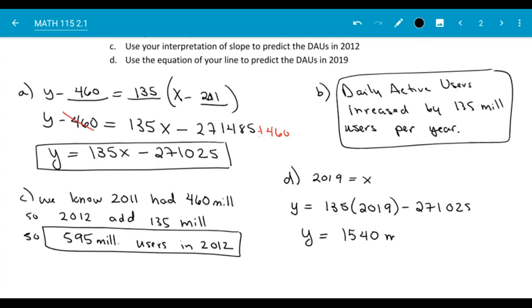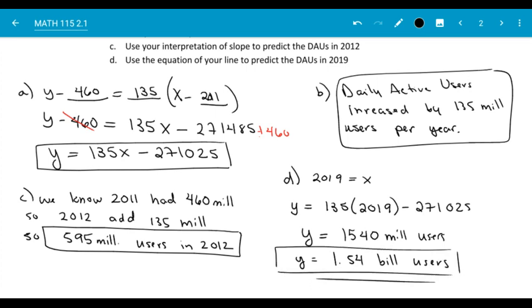1,540. That would be million users. So that's the same as 1.54 billion users in the year 2019. So just watch how they're asking you to put that in. In millions, it's 1,540 million, which is equivalent to 1.54 billion if we switch